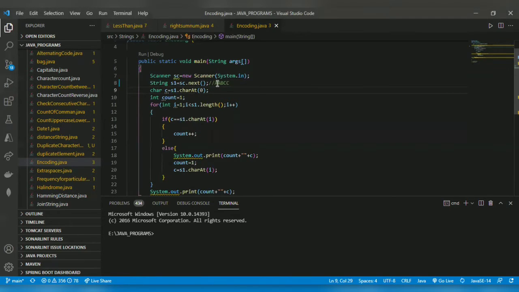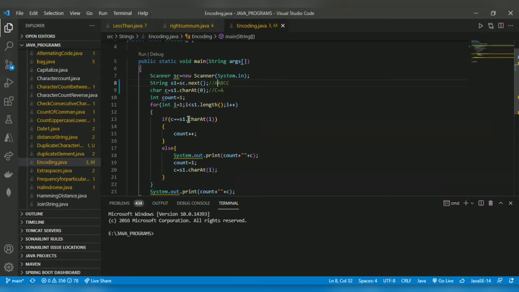String index starts from 0. For this, here c is equal to A. Initially, we initialize the count value as 1. Then the for loop starts with i equal to 1. Here we stored A, it will start from here, 0, 1, this A.